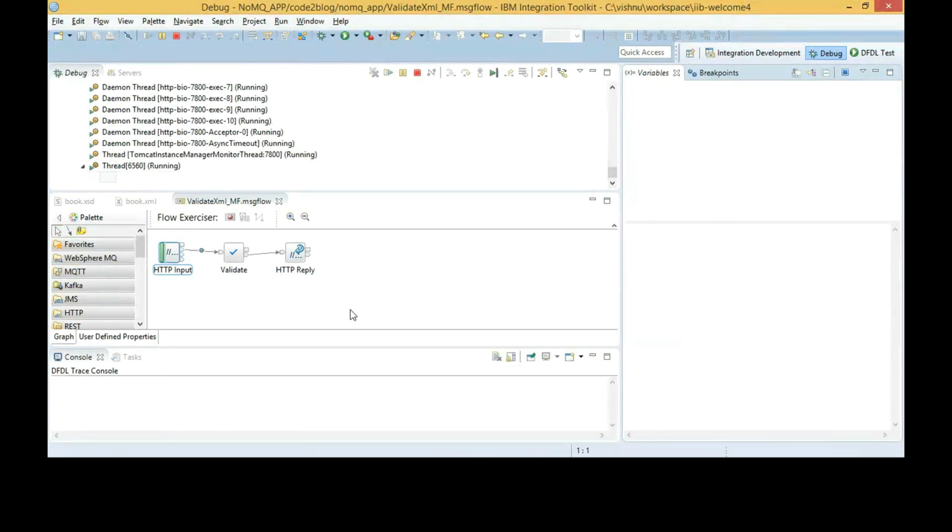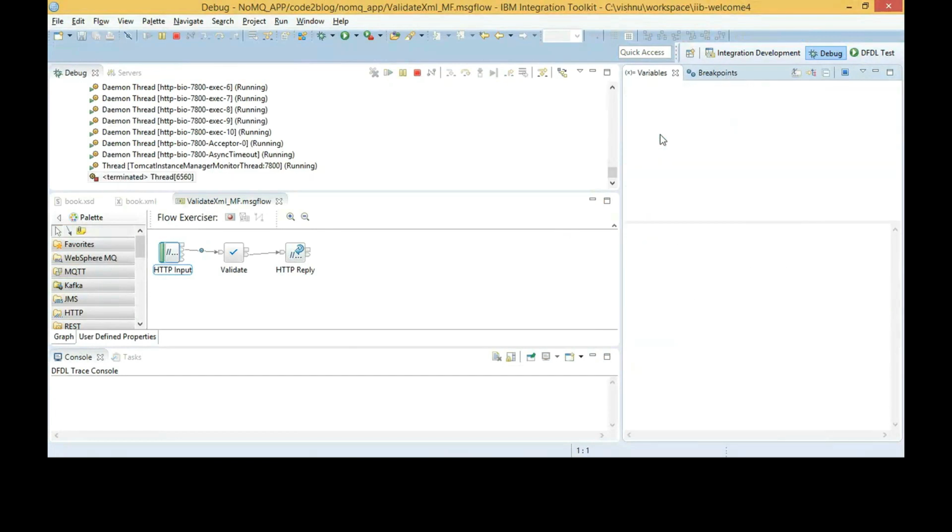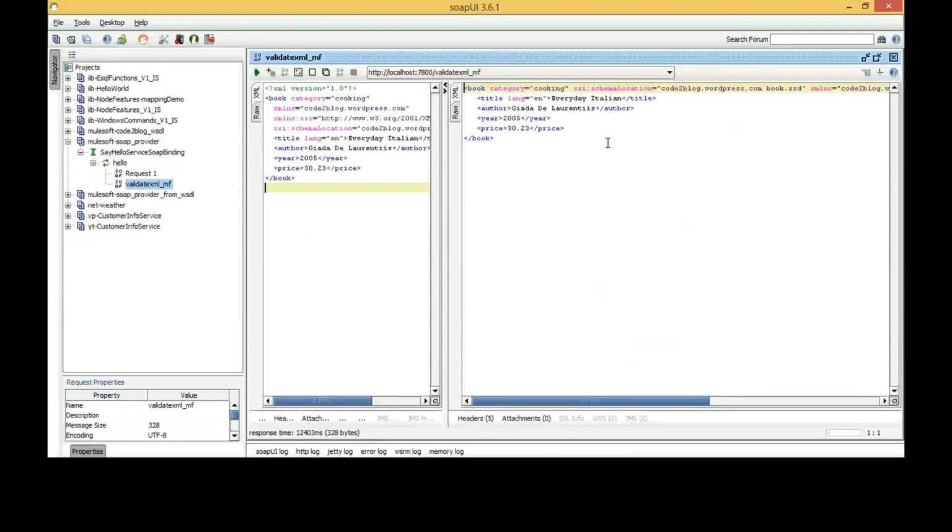Now we see that the input root contains a body called XML-NSC and the XML validation has passed. Do not see the error from validate node.